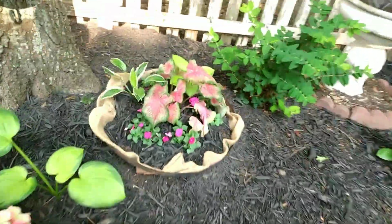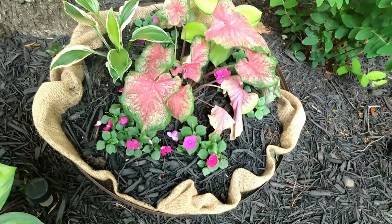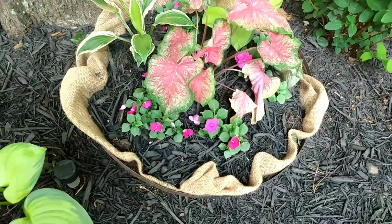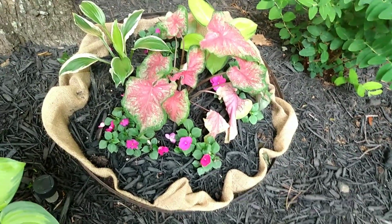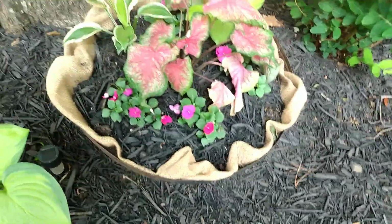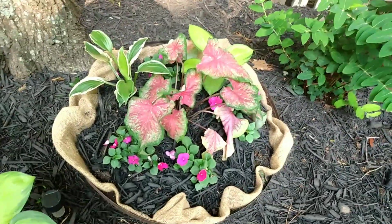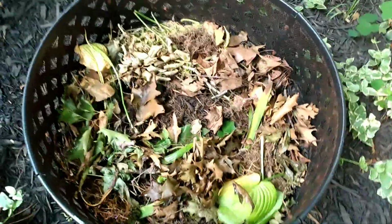Okay, here's an update on my fire pit container. It is still doing well. I planted this last Saturday, I think. Friday or Saturday, and it's still doing well. It's rained on it and everything, so it really looks good. And remember the barrel of the fire pit, here it is. And what I'm doing, I've been researching, and